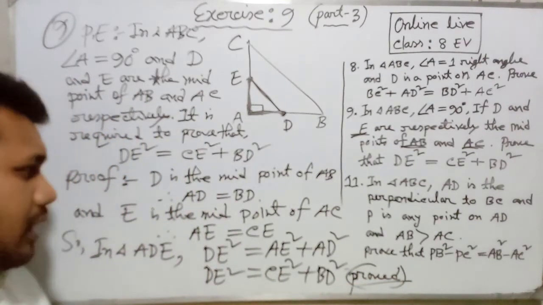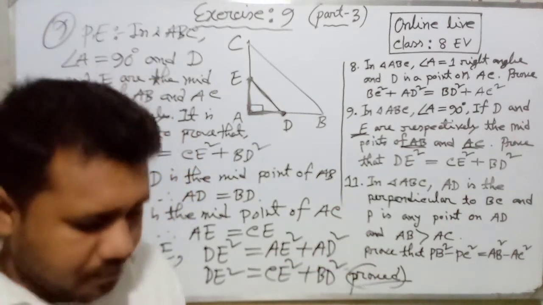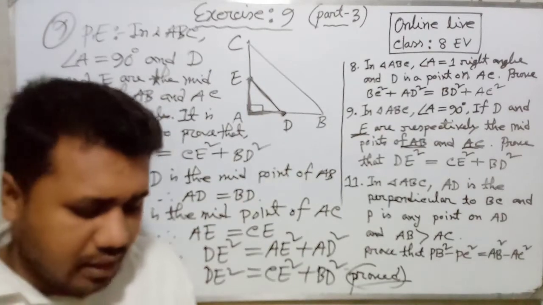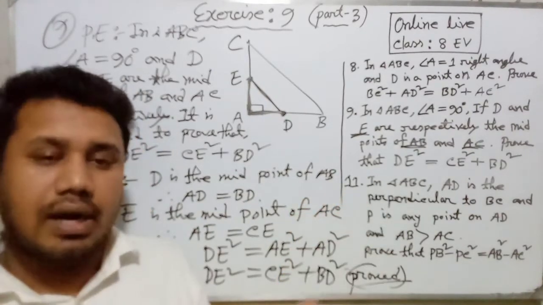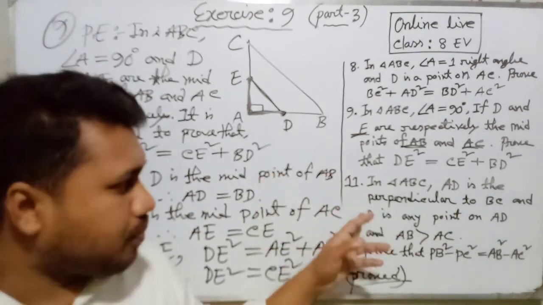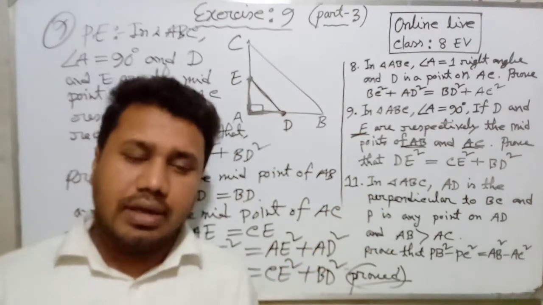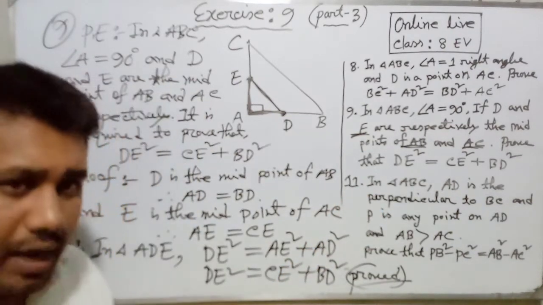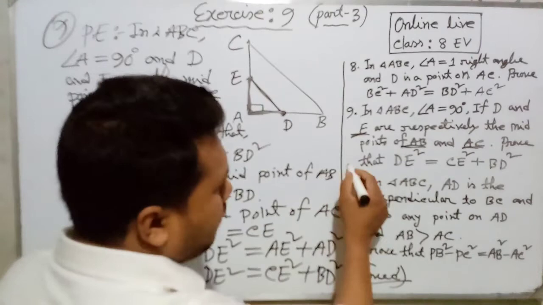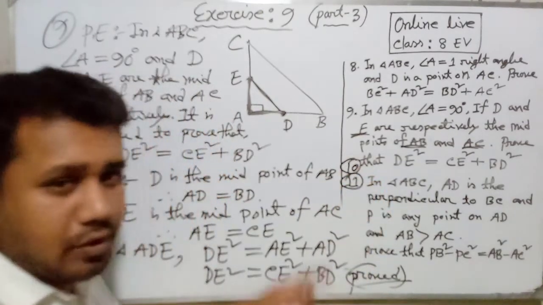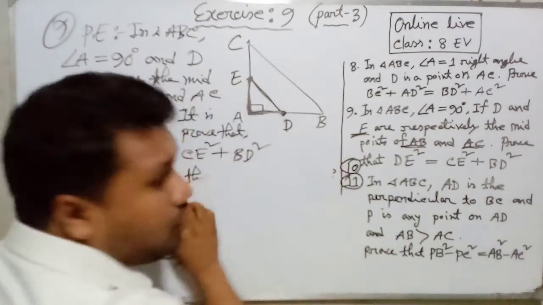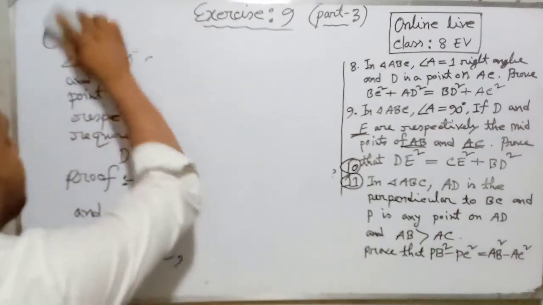Okay. Now we can go to our problem number 11. Now dear student, you can say that sir, where is the problem number 10? Look, problem number 10 and 11 both are same thing. 11 number is the more extension than problem number 10. If you solve problem number 11, then problem number 10 will be already solved. Clear? Don't worry, I will discuss. So today we will discuss 8, 9, 11 and also 10, because 10 and 11 both are same pattern part. I will show you which one is the 10 number.